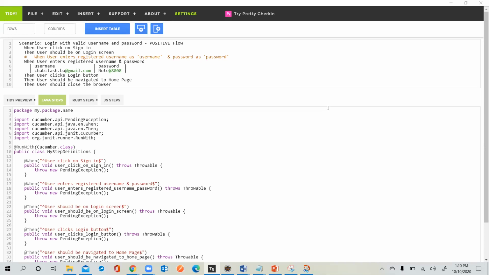Once again, we'll start. So that's how each and every scenario will be picked up, executed, and then it will give back the results. So how you are writing your test cases, you are writing the multiple scenarios into the feature file, and you're calling the feature file to execute that.